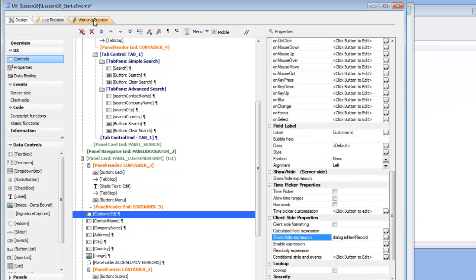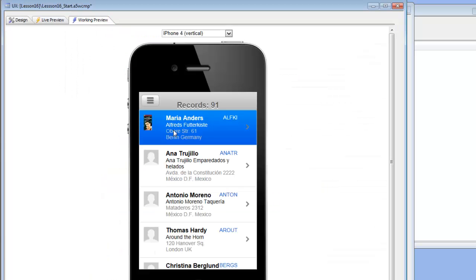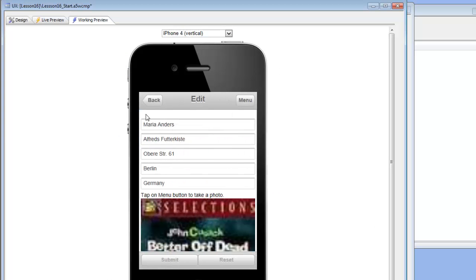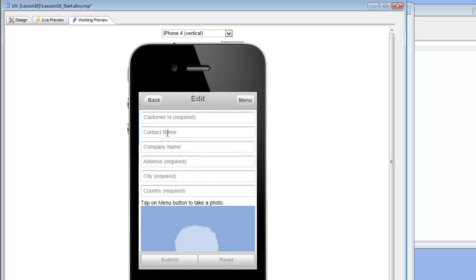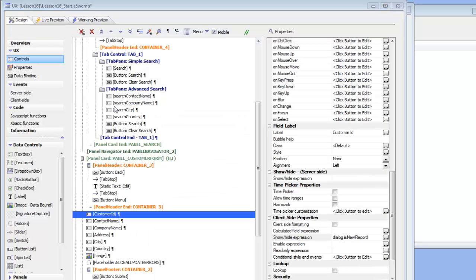So now let's go over to working preview and click on Maria Anders. Now this is an existing row, so therefore the customer ID field is now hidden. Now let's go back and choose new customer, and now you can see the customer ID field is visible. However, we still haven't defined our rule for the customer ID field, so let's go back to design mode now